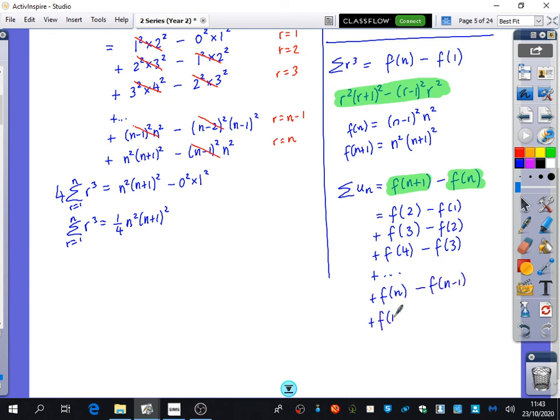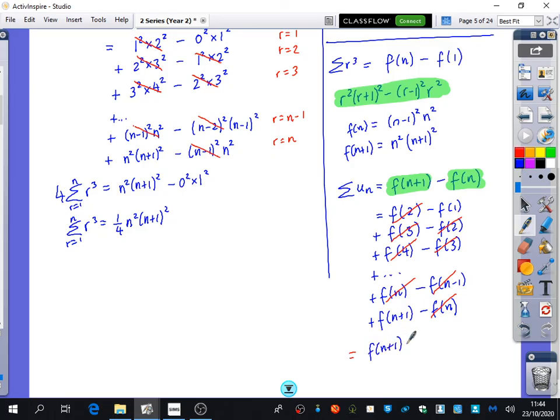And when I substitute in n, I would have f of n plus 1 minus f of n. So the things that should be cancelling: you get that one cancelling, that one cancelling, and that one cancelling, which is why we get left with